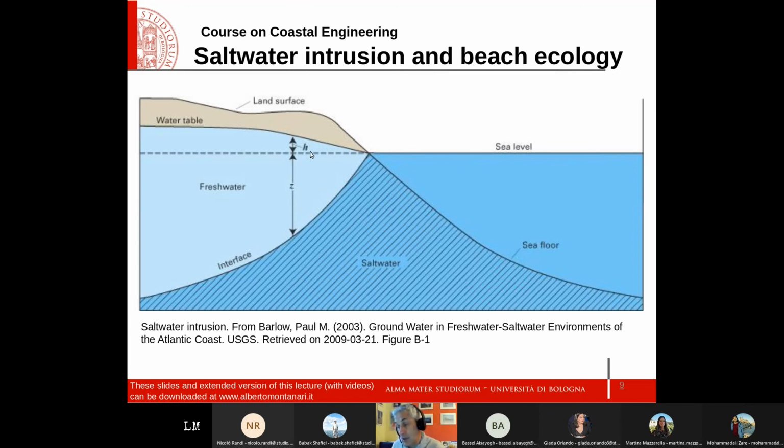And also, I would like to add that if you want to have vegetation over the land, you have to push the saltwater intrusion into the deep underground. Otherwise, of course, if the roots get in touch with the saltwater, you cannot have vegetation. Okay, so